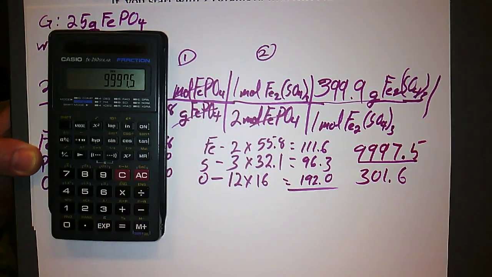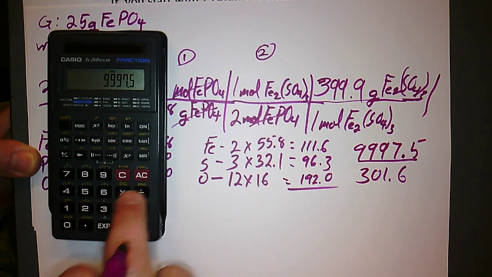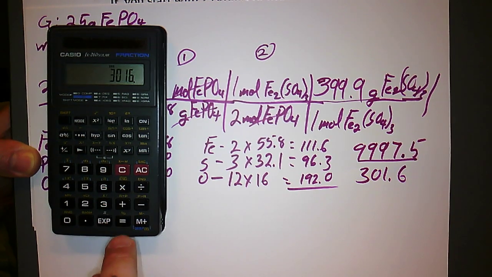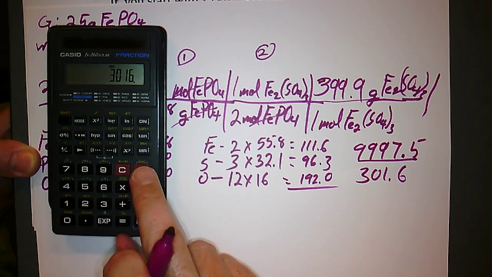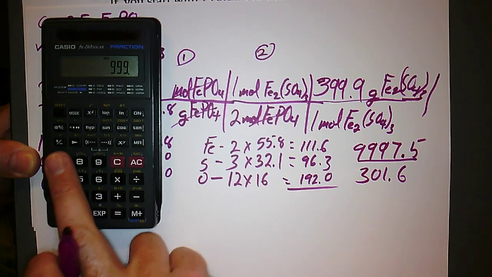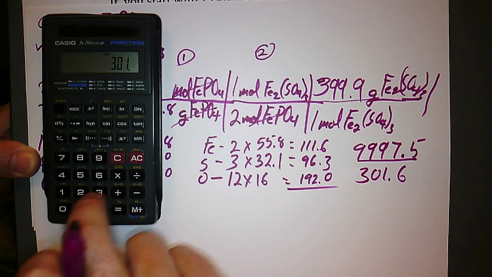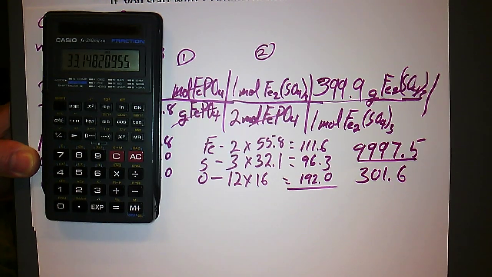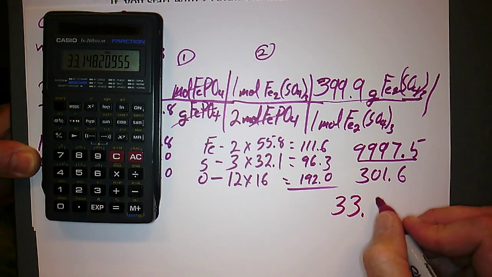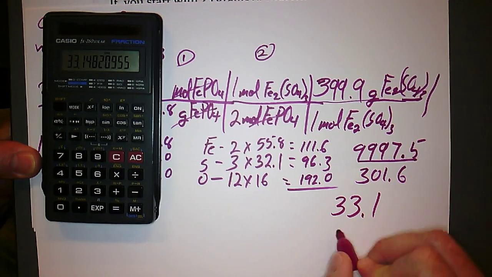On top, take the top divided by the bottom, divided by 301.6. Oh, I didn't get the decimal point. 9,997.5 divided by 301.6 is, all right, so we get 33.1, and actually we only had 2 significant digits, so just 33